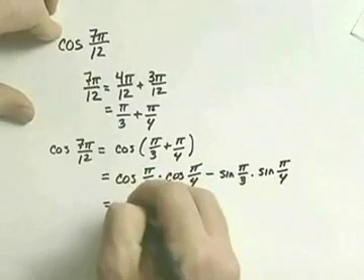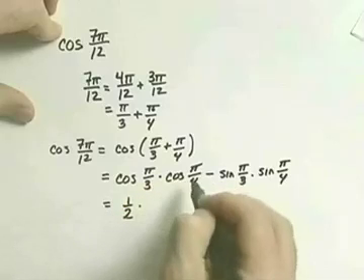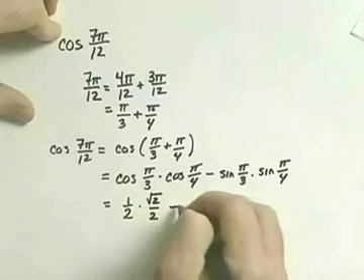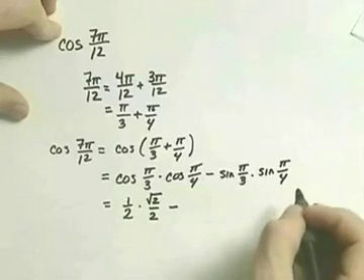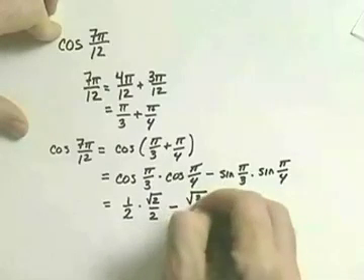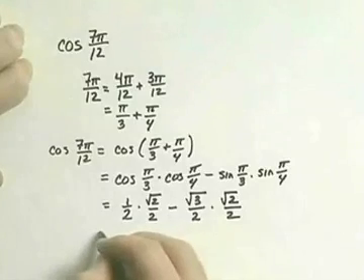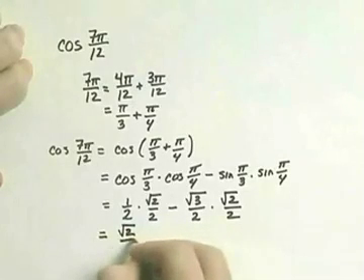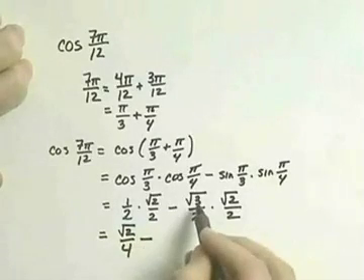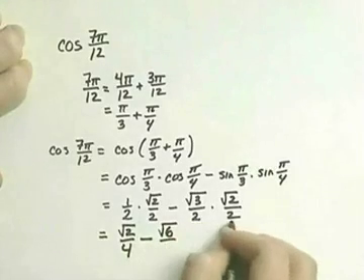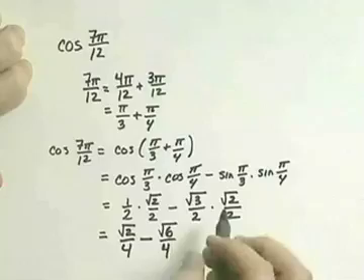Now the cosine of pi over 3 is 1/2. The cosine of pi over 4 is square root of 2 over 2, minus the sine of pi over 3 is square root of 3 over 2, times the sine of pi over 4, which is square root of 2 over 2. 1/2 times the square root of 2 over 2 is square root of 2 over 4, minus square root of 3 times square root of 2 is square root of 6, over 2 times 2 is 4,